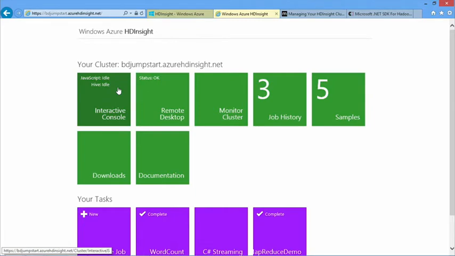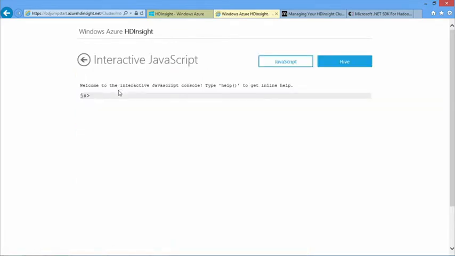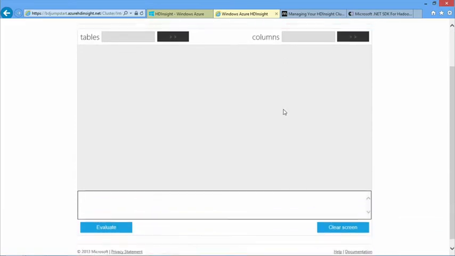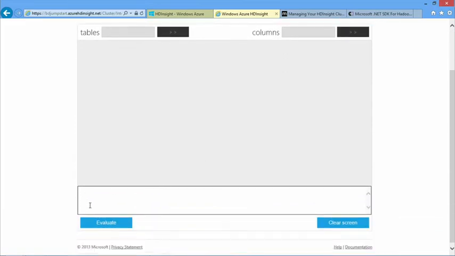Okay, to start out with, we're going to go back to our interactive console. Up to this time, we've been using the interactive JavaScript console. Over here is this thing called Hive. By clicking on Hive, we can run Hive statements within our editor. The lower part here allows me to copy and paste in Hive commands. The first thing I'm going to do is create a table off our